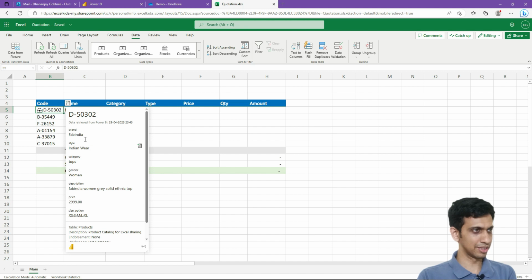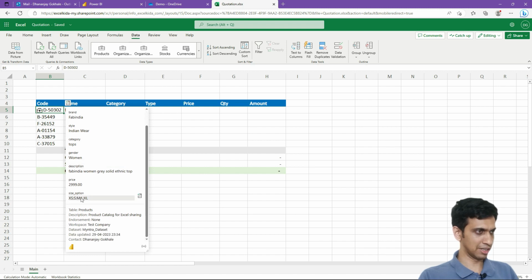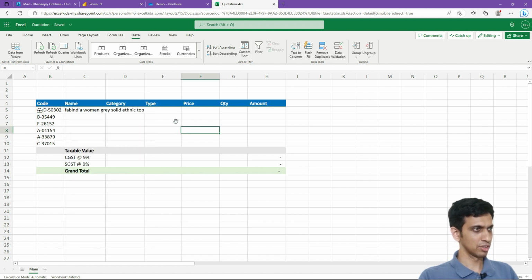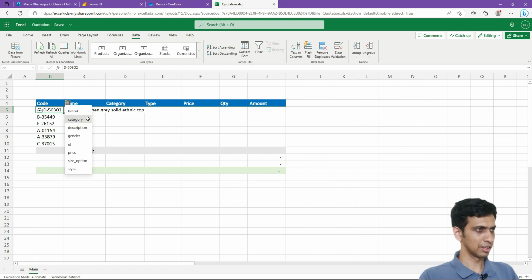Okay, so you can see that the brand is Fab India, Indian wear, style, gender, woman, price, and size options. So you can add like this. Let's add one more column called category. I'll click here, category, then the type I want to add. So I'll add type. Now again, column names might be different. Like the type is basically